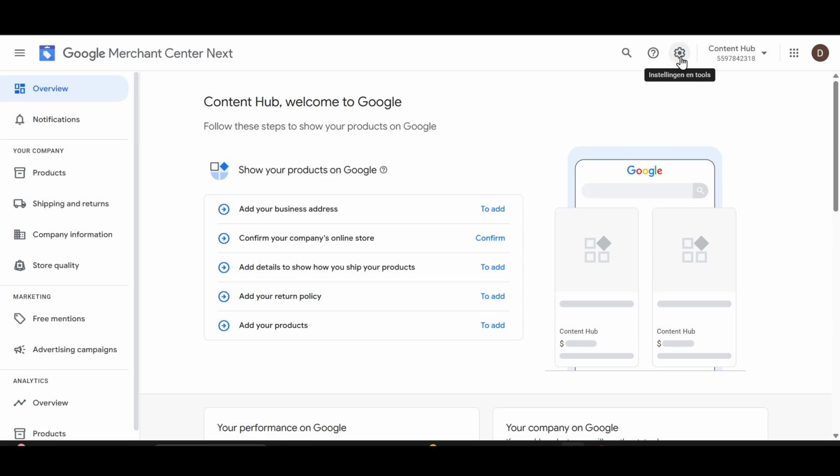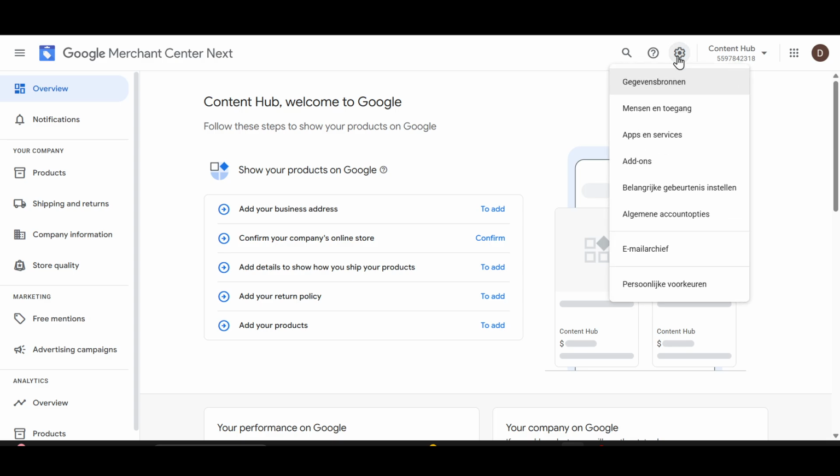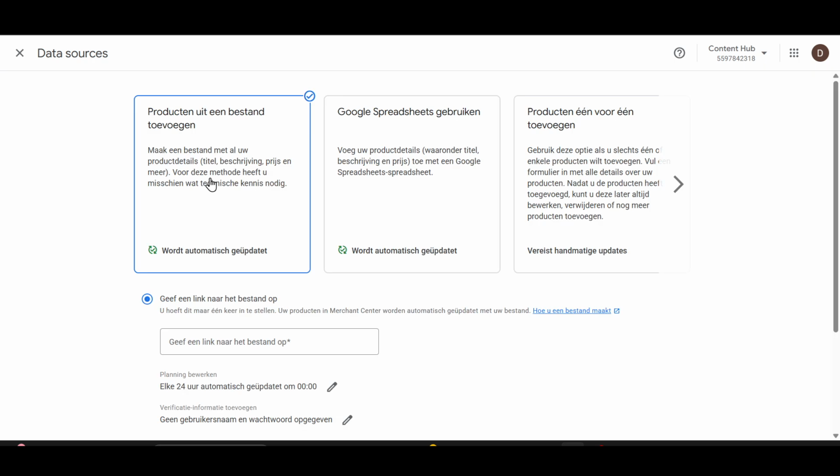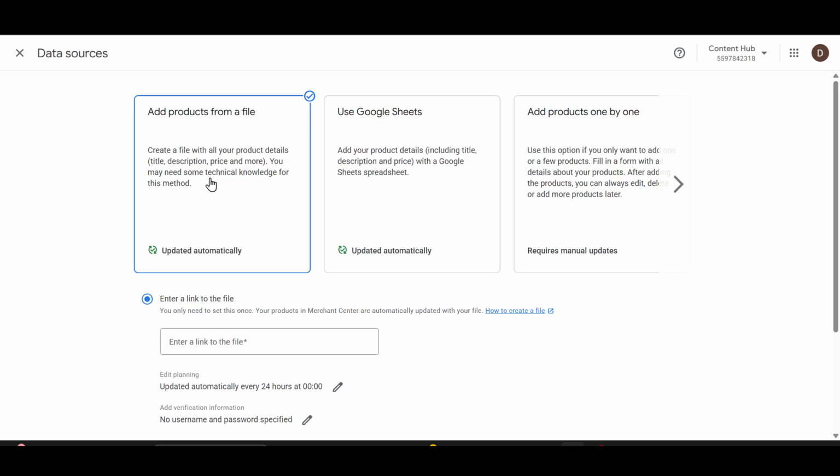Next, from here on the right side, you can see the settings icon. Click on this, and then click on Data Sources. After clicking on data sources, you can see the add product source. After clicking here on the add product source, you can simply add your products from the source that you have